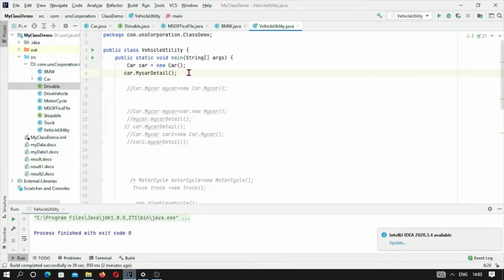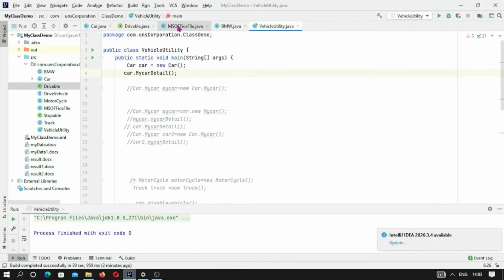Whatever we have done: the inner class is static, and its fields are also static, and the outer class fields are private. The inner class is also private, and we simply created an outer method, and from its object we are calling the outer class method, and we are hiding all the details of what is happening.